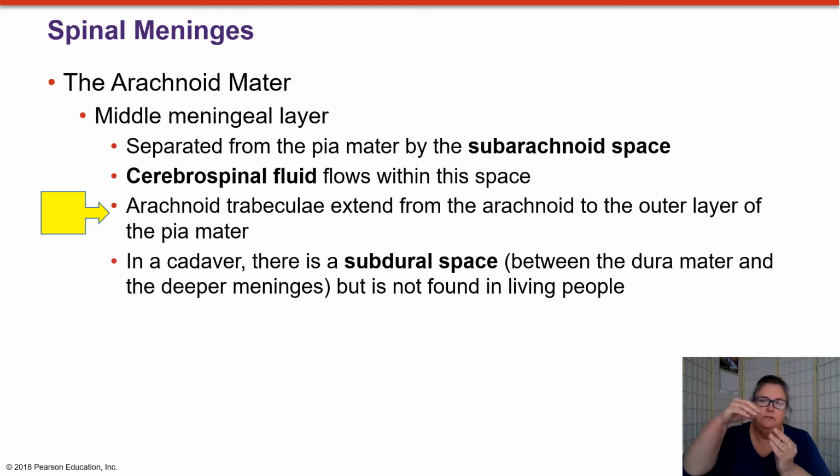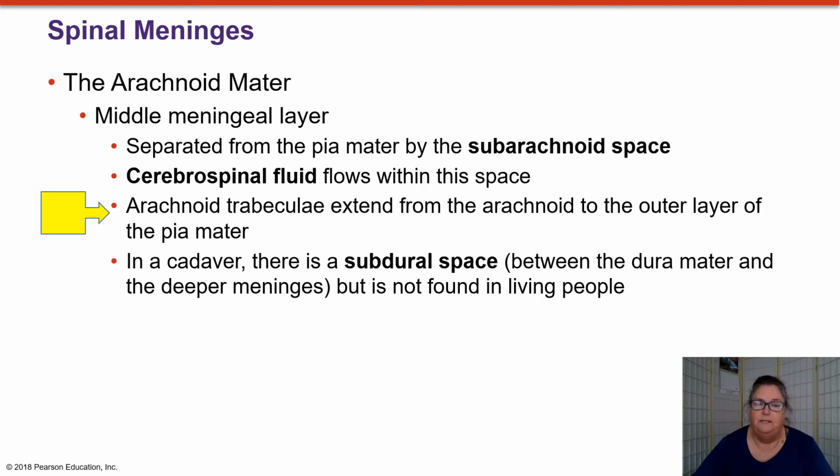All right, so there are some trabeculae, or little extensions, that give this layer its name because they look like a spider web between these two layers, kind of holding it together. They extend from the arachnoid to the pia mater. So these little webs hold them together, and arachnids are spiders, so that's how we come up with the arachnoid layer. All right, so in a cadaver, that's called the subdural space